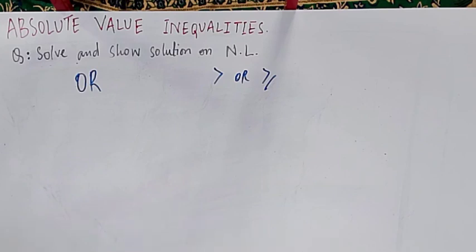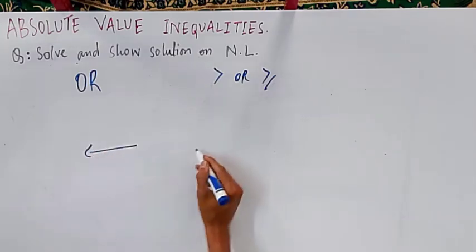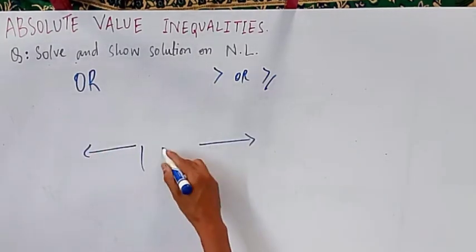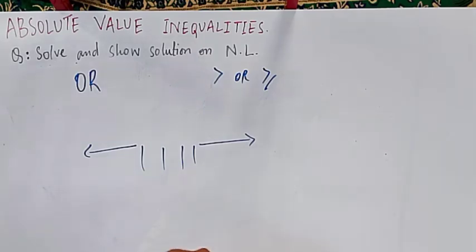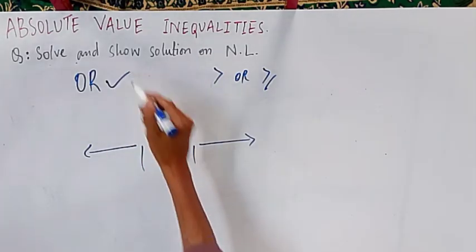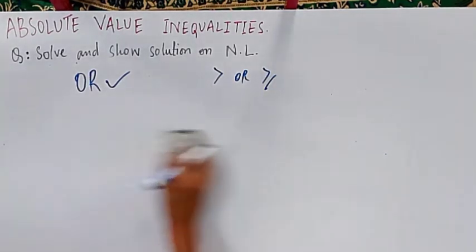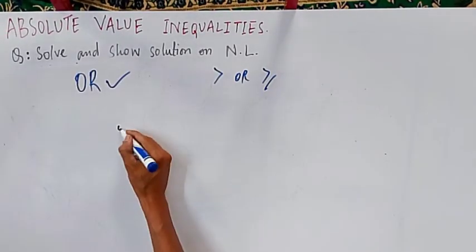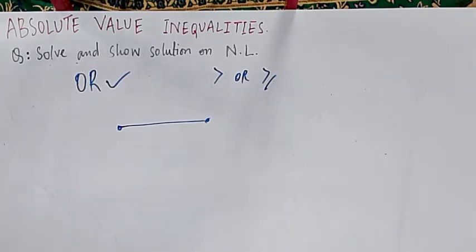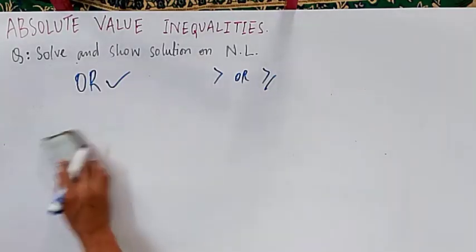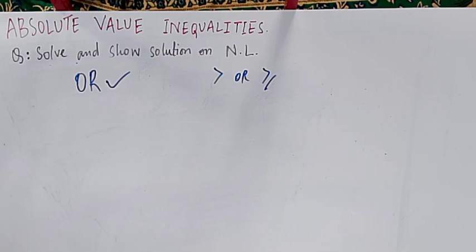Some students think, why is the number line getting like this, that one part is going over here and the other part is going over here, and in between there is no solution? So that's fine, don't change your solution. It is the case of OR. So this is the mistake that students make, that they forget this concept, because it is very easy that from this point to this point this is your answer, this is the range, this is fine. But this is the case for less than and less than equals to, but for greater than and greater than equals to, remember this OR concept.